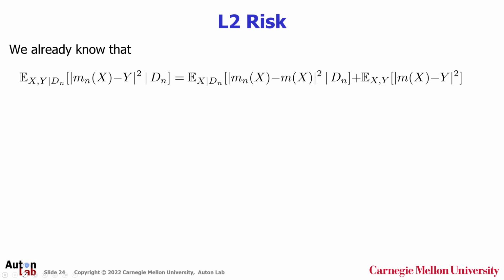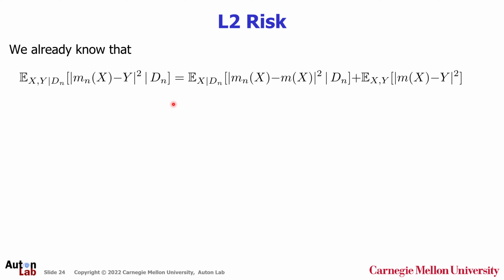So we already know that when we are given a training set Dn, then the risk of the estimated regression function mn can be decomposed as the sum of these two terms. When we want to find the best regression function using our training data set Dn, then we need to minimize this expression in mn. However, the risk is just the sum of these two terms, and the second term doesn't depend on mn, and the first term is indeed minimal when mn is m, that is the conditional expectation of y given x,